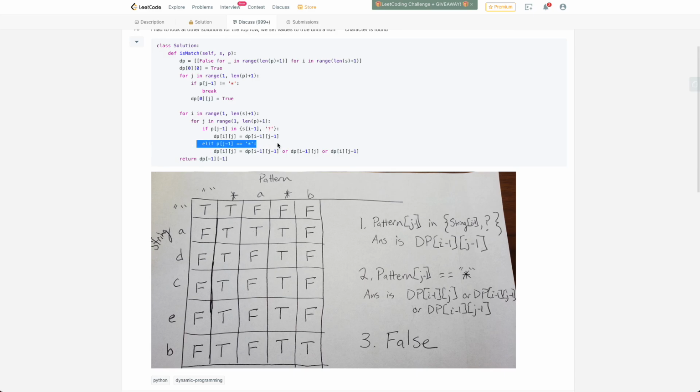Okay. Otherwise, if it's an asterisk, then I would just match, and ij is going to be taking this, which is saying this has matched an empty sequence, or at least a sequence that's not going to consider this current character, or